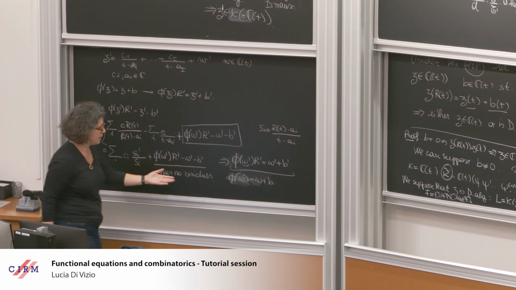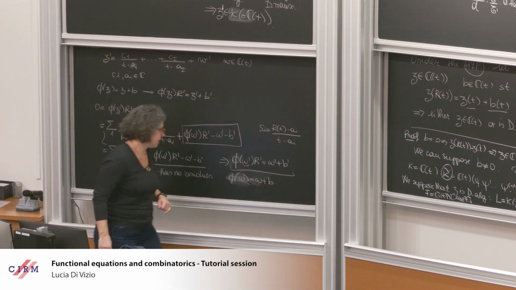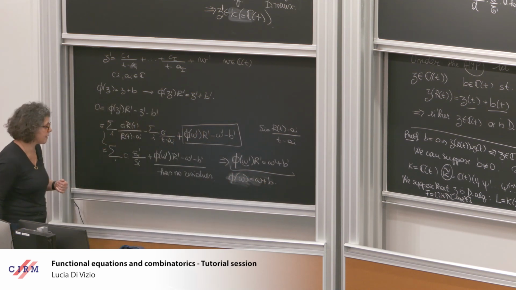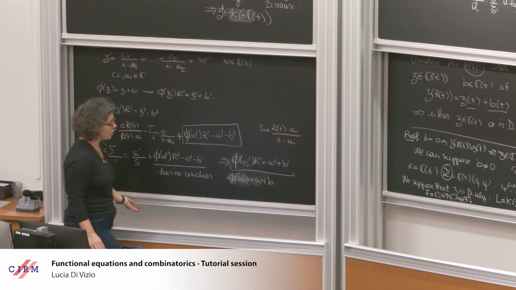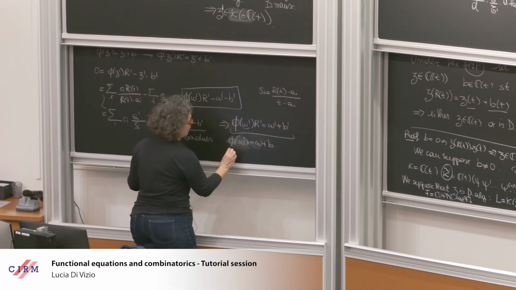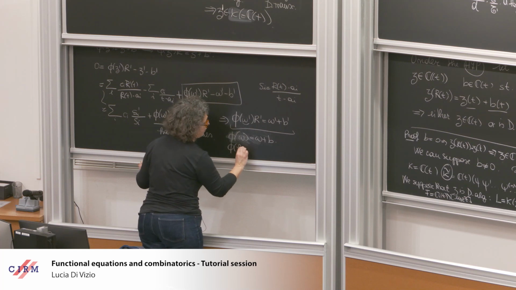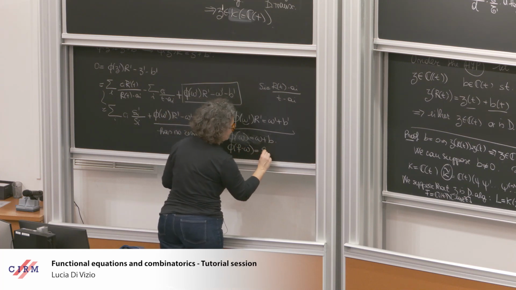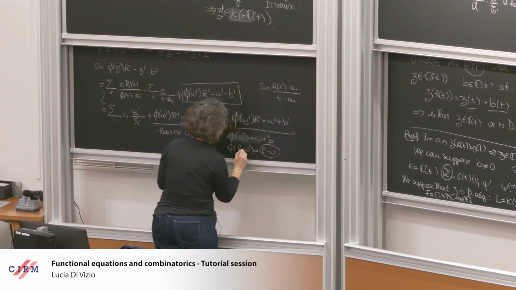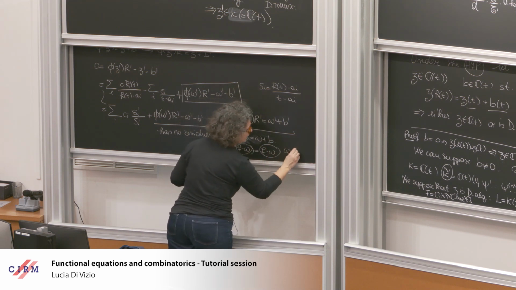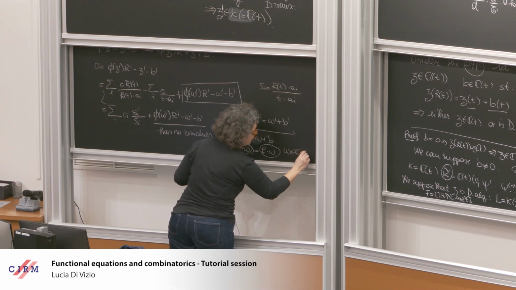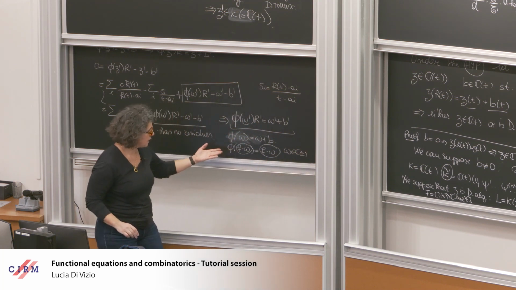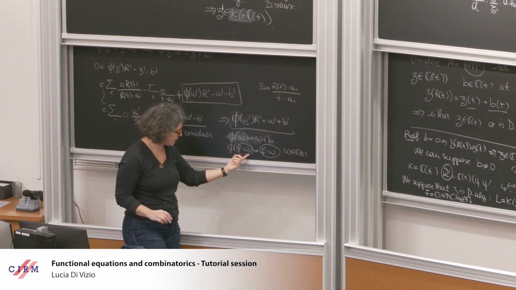And since b is different from 0, this primitive must be different from 0, which means that phi of f minus omega is equal to f minus omega, and omega is in C(t). So this functional equation says that